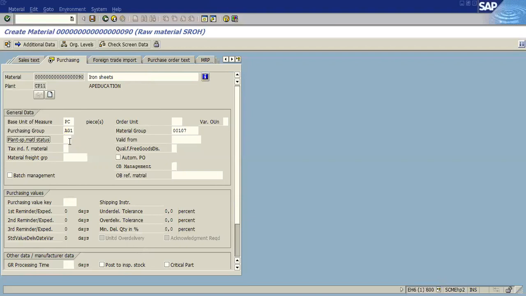And here you have the purchasing value key. If you need the material within 15 days, in how many days the reminder has to go to the vendor, you can specify under the purchasing value key. If you select here, you get the list of purchasing value keys.